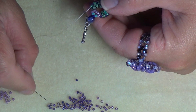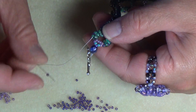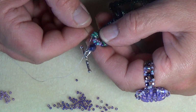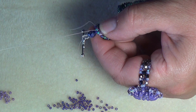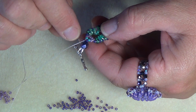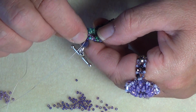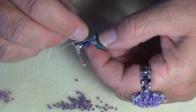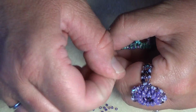So now I'm going to get ready to put on my last purple bead, and I'm going to do the same thing as I did on the other side. I'm going to go up through these 2 beads here, up through where your toggle is, up through those. I'm skipping this middle one, and I'm just going down these 2 beads here. Actually, I'm going to go down the 3rd one, because now we're going to go right across into the beads